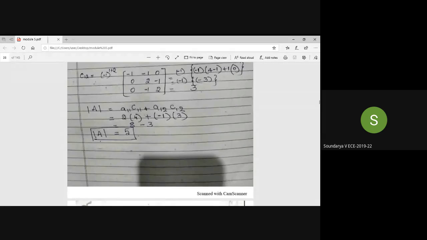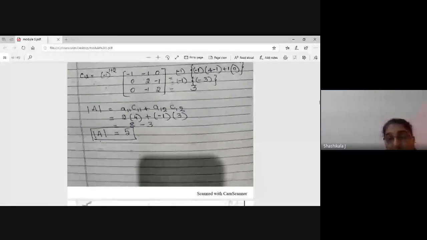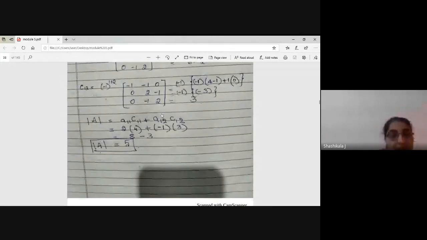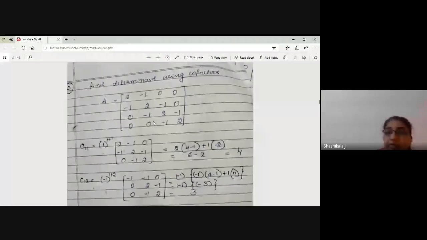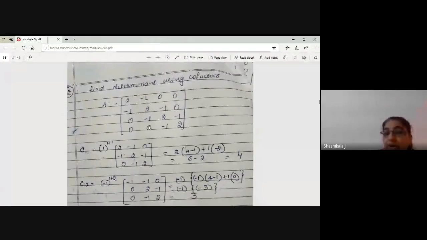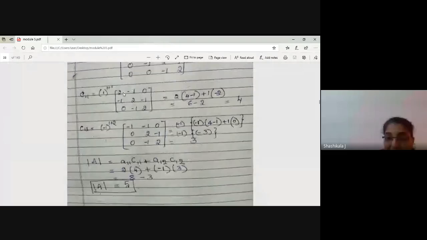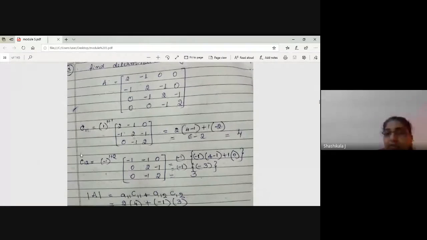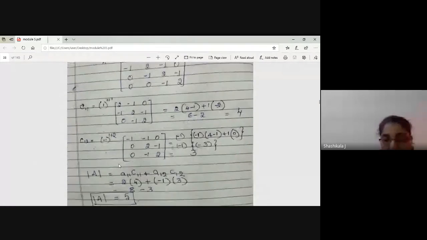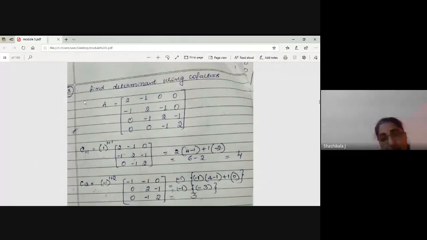Yes, ma'am. Okay, please, all of you look here. This is where you usually make the mistake. This and this might be correct, but for A12, whatever value they have given, just take care, because that plus or minus sign will be taken care of by this value. Okay, now the question is, can you extend this for a 5 cross 5 matrix?